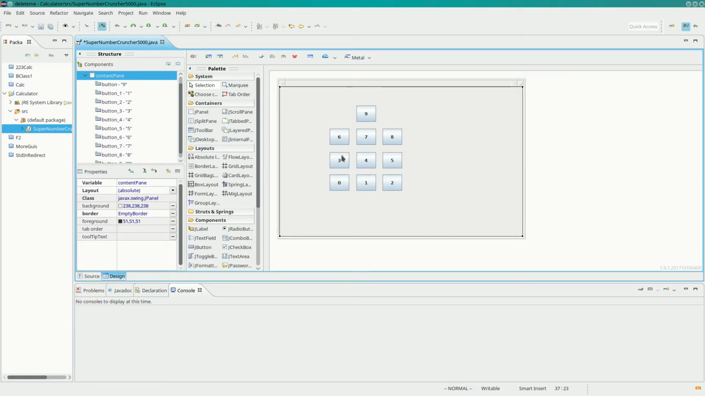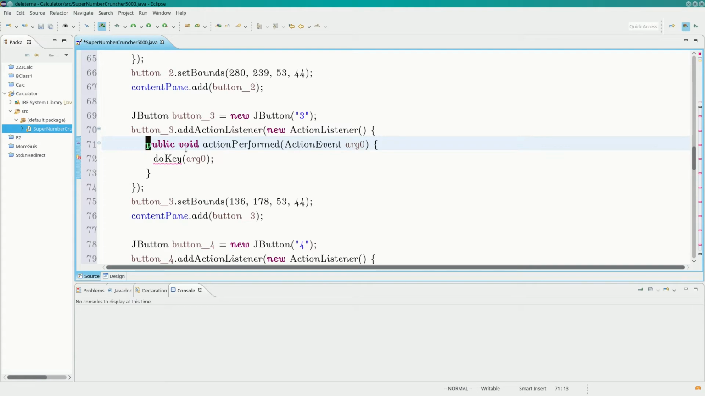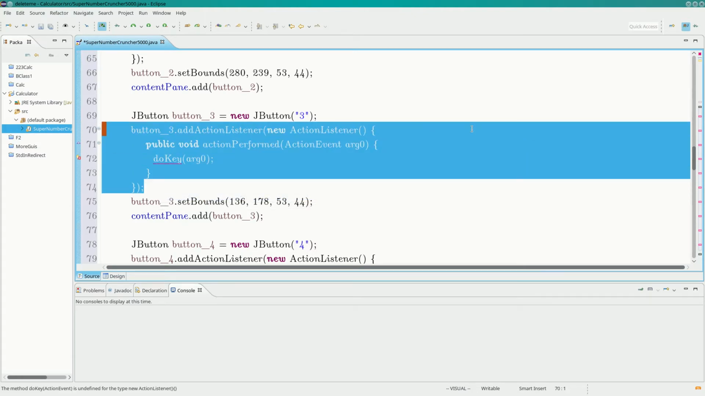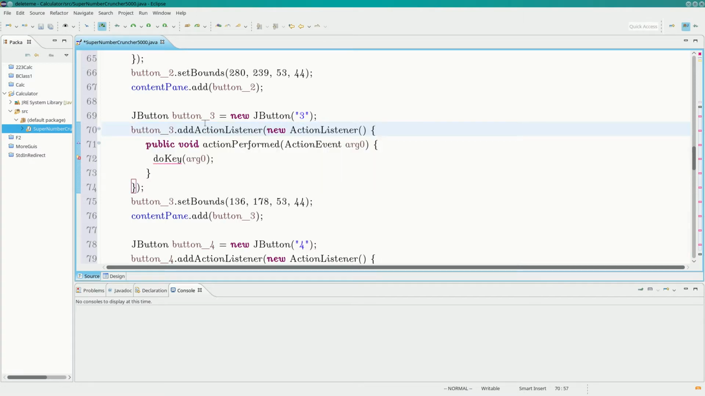All right, and when we click on one of these, we're going to come down to here, and we're going to ultimately call a method we haven't written yet called doKey. Let's take a quick look while we're here, though, at this line of code. We've seen this before, and I've said don't worry about it, right? Let's worry about it a little right now. Let's just look really briefly at what's going on here. So we're creating a JButton. We're calling it button3. And here we're saying